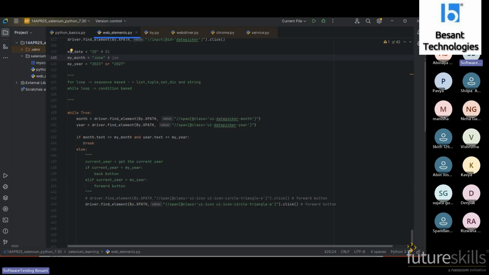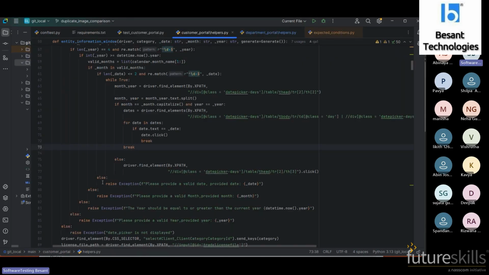We may expect this kind of input from the user, so you need to create the month handling accordingly. If the user provides 06 instead of June, then you are supposed to create the exception.